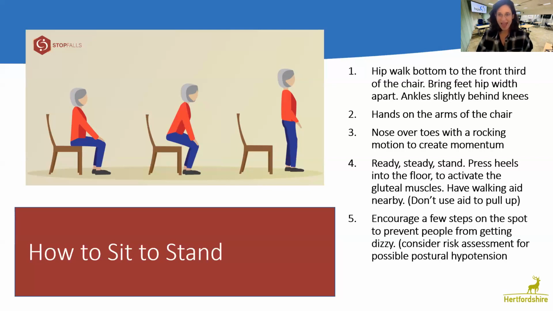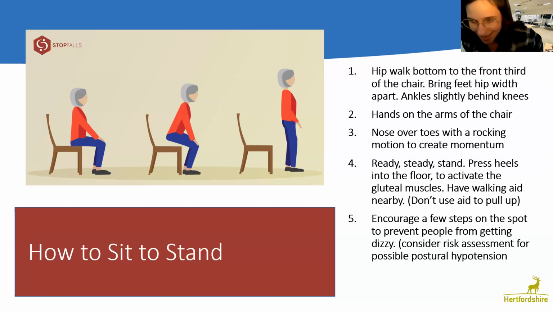And we do this by using our legs. Now we use our arms as well, but instead of just pushing with our arms, we press our heels into the floor. So by pressing the heels into the ground, keep your toes down, you activate our bottom muscles. We use most muscle groups in the body. And it discourages the legs from working if we just push up using the arms. Of course, don't pull up on a frame. And it could just be disabling somebody because we focus on the upper body.